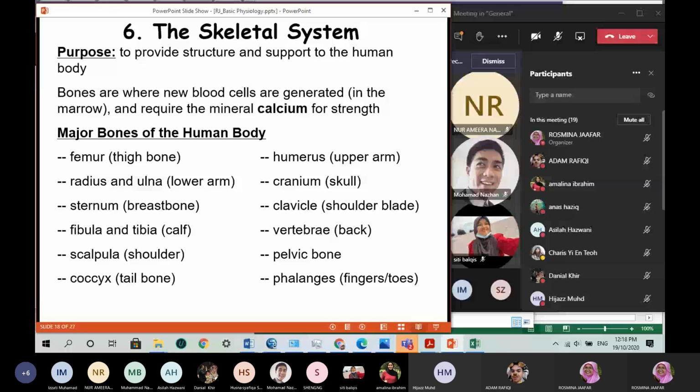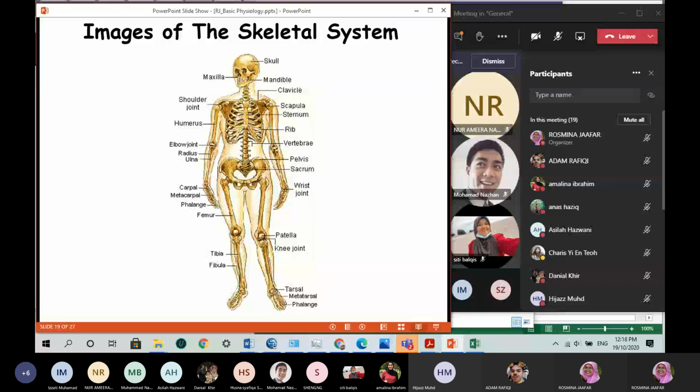Okay, so this is the skeletal system, comprised of the bones. We have many bones, many short bones. The reason we have short bones is that it allows movement, fine movement. For example, in your hand, in your fingers, you have many short bones which allow you to move your fingers precisely. If the bone is long, it's difficult to move. You cannot have fine movement.